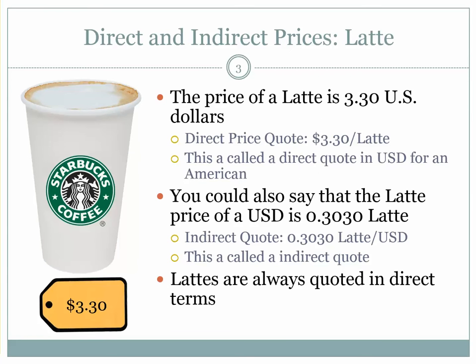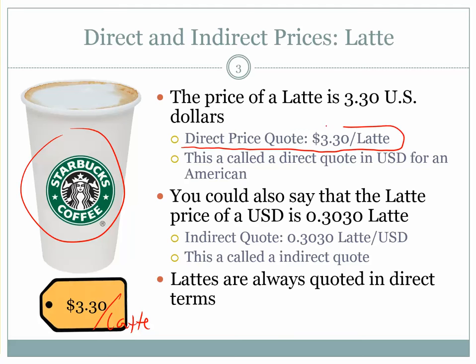So let's start with the role of prices. Right here you have a picture of a Starbucks latte, and the latte costs about $3.30 per latte. We can quote that price, and we call this a direct price quote, $3.30 per latte. In finance, we would call this a direct quote in US dollars for an American. In other words, it's a dollar price of some commodity. Now, you could take 1 over the $3.30 per latte, and that will give you a number of 0.303